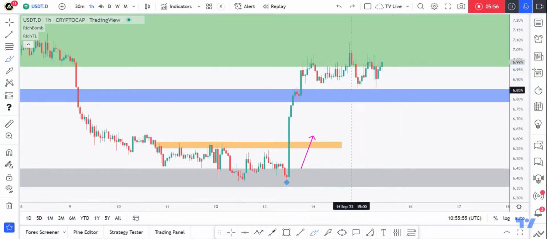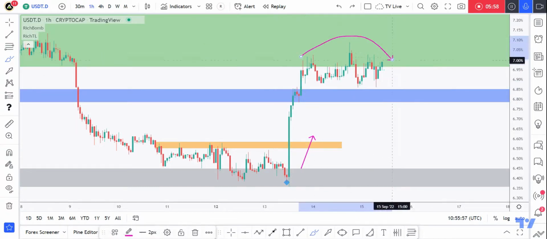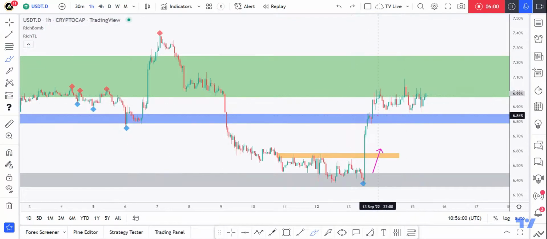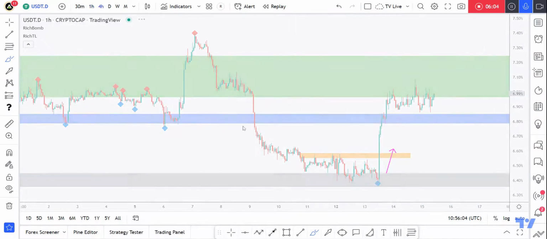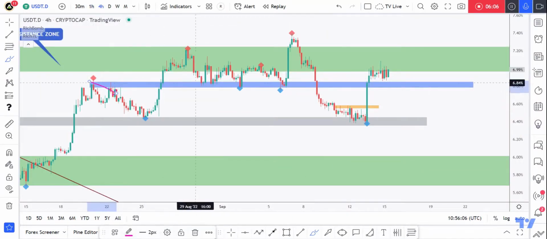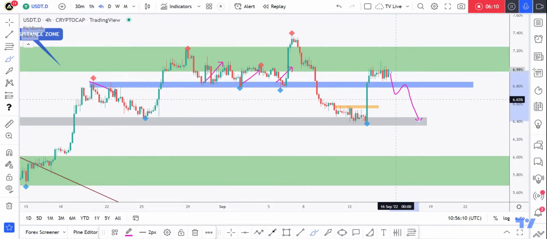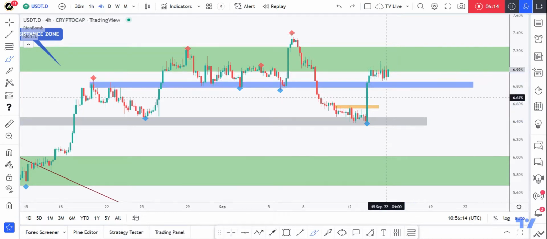Of course, just like the DXY and US500, for the bulls to take over here, we need to see a break below the zone. This is the last low, also like a head and shoulders pattern forming, and this would be the previous zone, which is covering the entire structure, and you can see a minor support and resistance here as well. So I'd like to see this to speculate or to see a bullish movement in the crypto